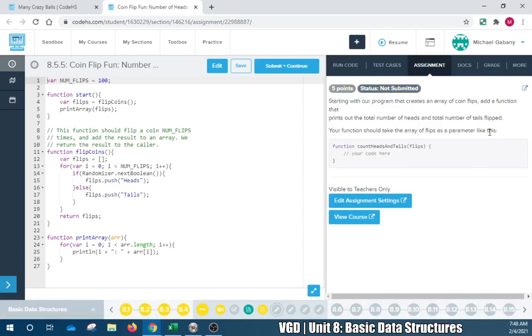Starting with our program that creates an array of coin flips, add a function that prints out the total number of heads and the total number of tails flipped. Your function should take the array of flips as a parameter like this. So let's go ahead and